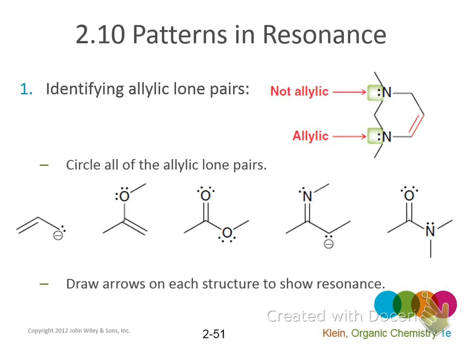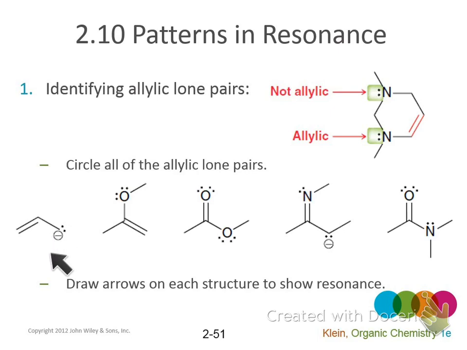So you can have a heteroatom, and we talked that's something other than carbon. You can have a heteroatom on a structure. If it has a lone pair on it, and that atom is attached to the double bond, this is an allylic lone pair. Okay? So we can identify the allylic lone pairs because they're on the atom next to the double bond. So this one,